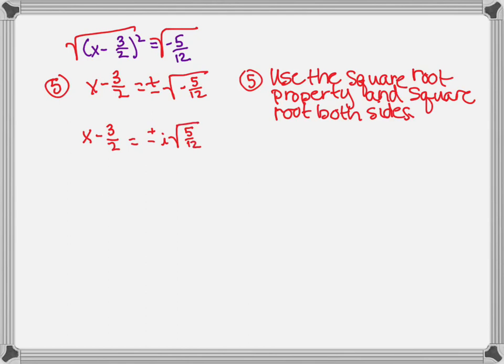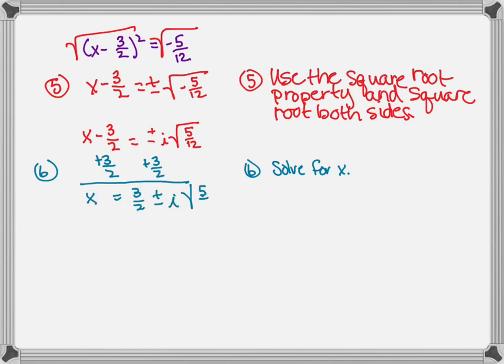So we can take the negative out, it becomes an i, so x minus 3 halves equals plus or minus i square root of 5/12. And we will leave it like that for now and come back to it later. Step 6, we will solve for x, or get our variable by itself, and I will do that by adding 3 halves to both sides. We end up with x equals 3 halves plus or minus i times the square root of 5/12,